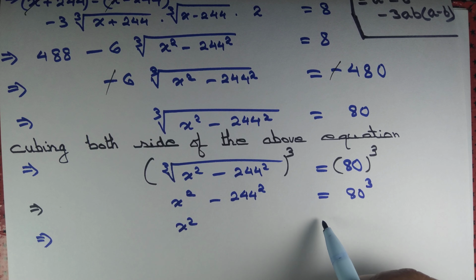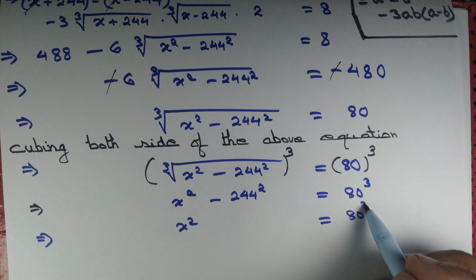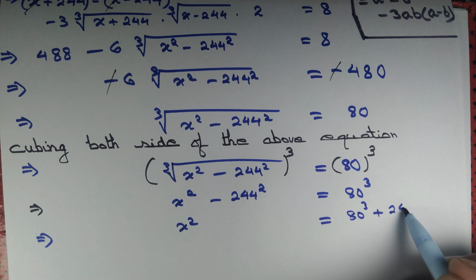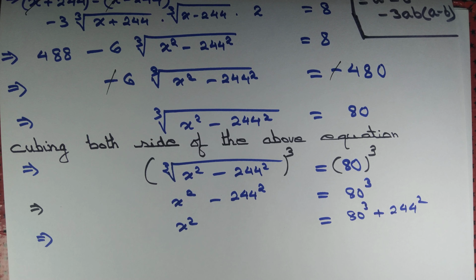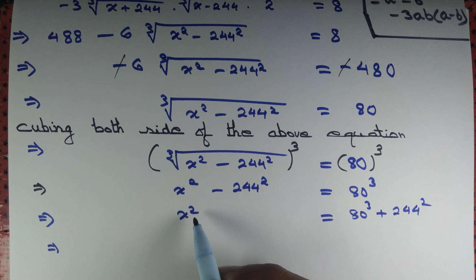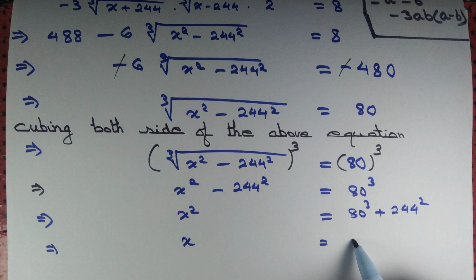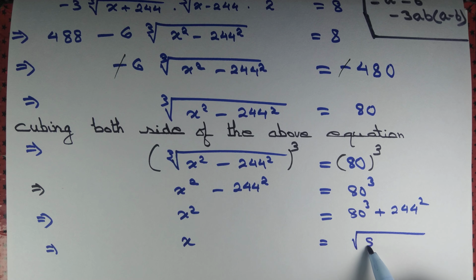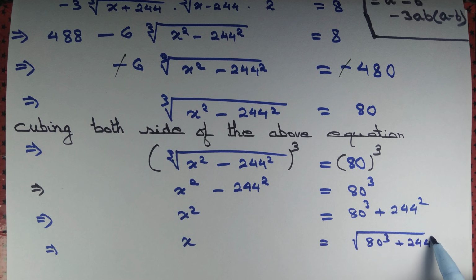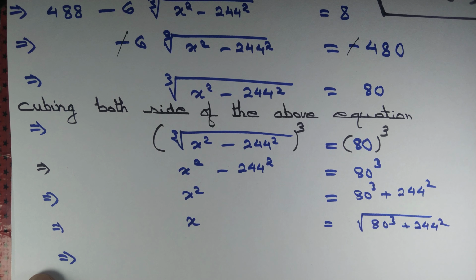Now we take 244 square to the right hand side to obtain 80 cube plus 244 square is simply equal to x square. Okay, now we got x square. So if I want to solve for x, I need to take the root on both sides. Root of 80 cube plus 244 square. From there it follows that x equal to,